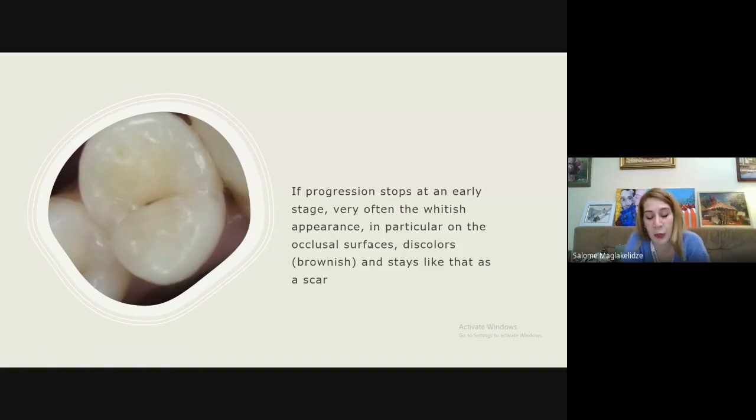And obviously, we would think whether to do it or not, because as I mentioned in the last lecture, this kind of scars don't tend to progress, and if they are stagnated in this place and not progressing, we don't need to do them. Okay,